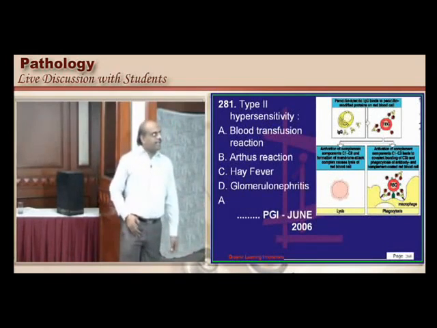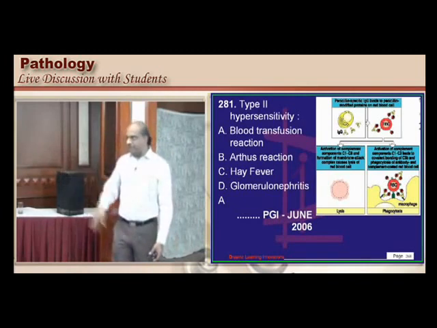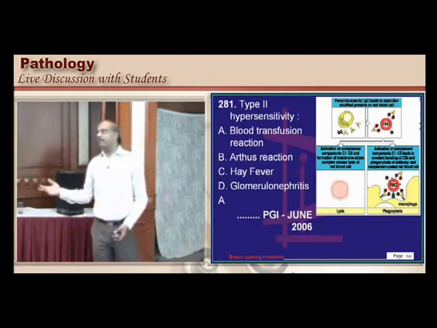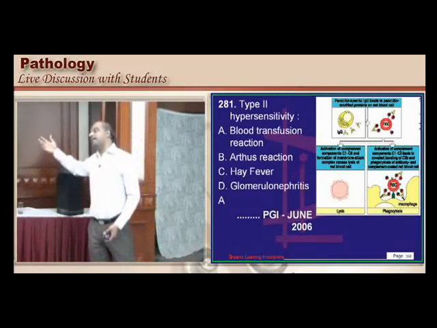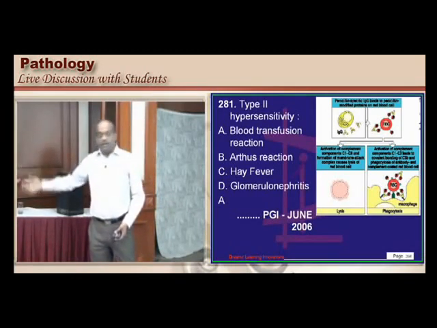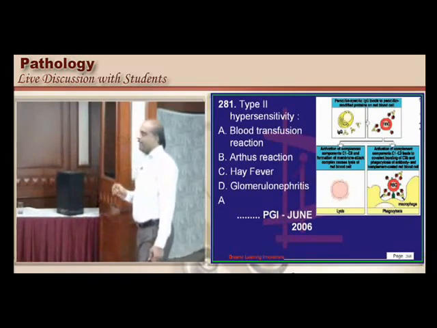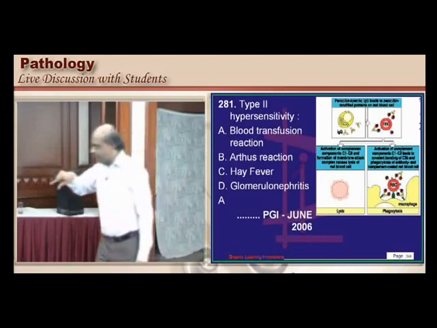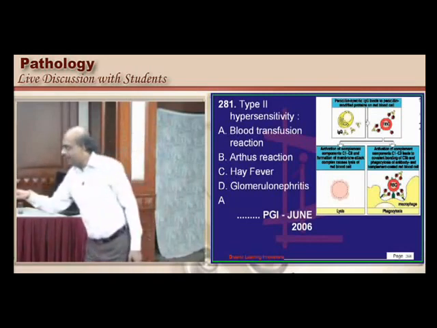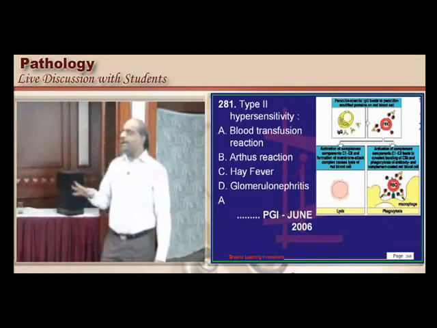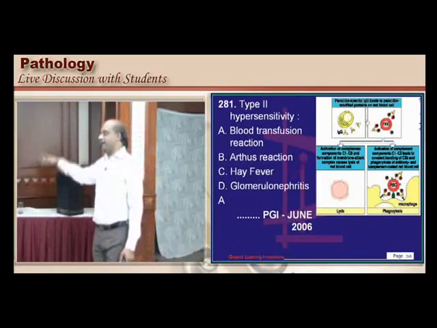You know that Arthus reaction is an immune complex deposition, so type 3. Then glomerulonephritis can be of type 3, or if it is Goodpasture then it is of type 2. But blood transfusion is what? Antibody is free, antigen is on the RBC membrane fixed, so it is attacking that. So blood transfusion mismatch reaction is an example of type 2 reaction, which is cytotoxic hypersensitivity, is what you need